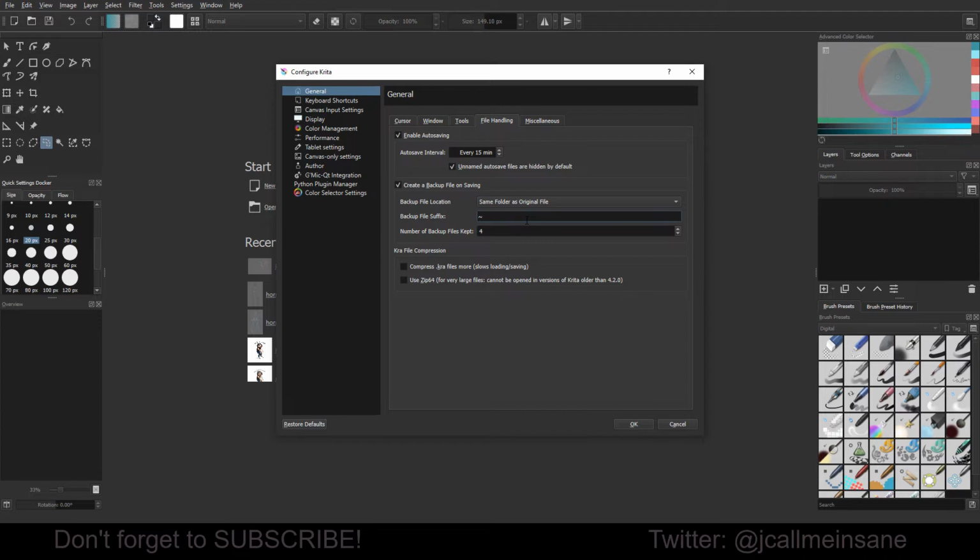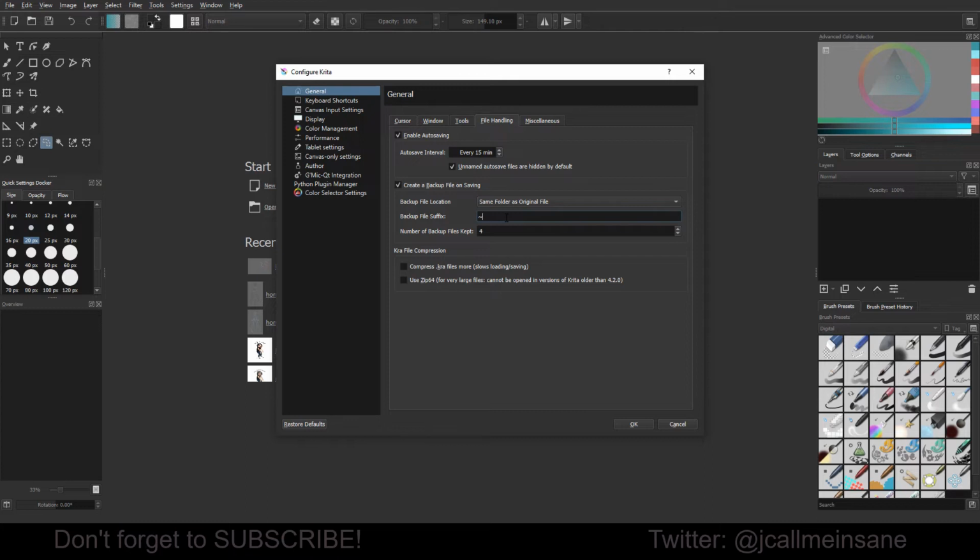Now, if you don't really care and you want it to be a unique symbol, feel free to do that. Just make sure it's not going to conflict with any file naming conventions that you already have in place. So if you use underscores in your names, that can get confusing really fast, and you might wind up opening an autosave file that might be a little bit older than the last version that you saved. So exercise caution if you are going to change this to a symbol that is being used in